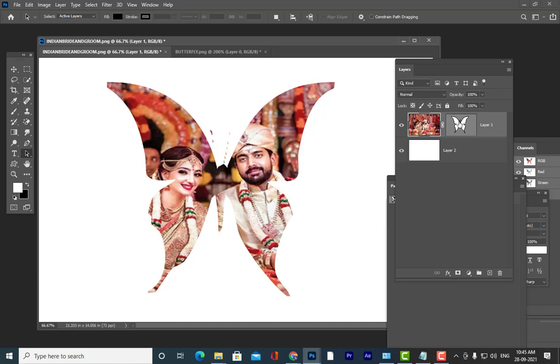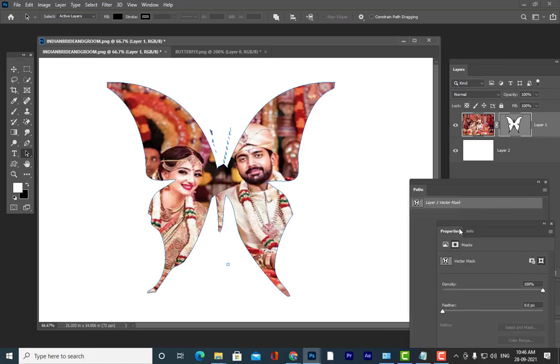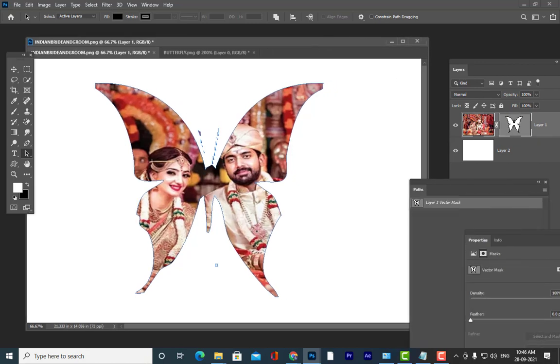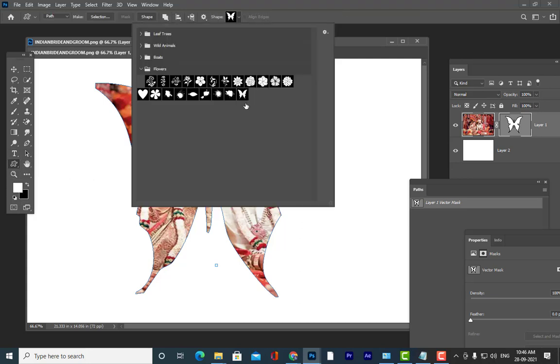So then, what else can we do? We can use some more shapes here. Let us use these other flowers. We'll use flowers and heart shapes.